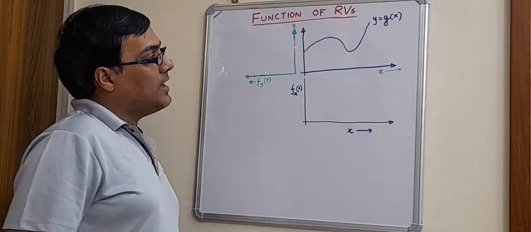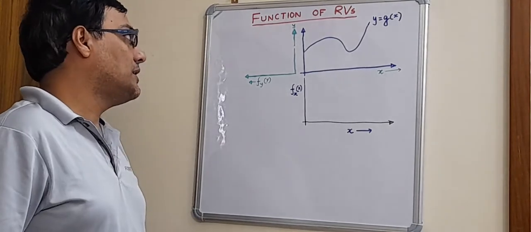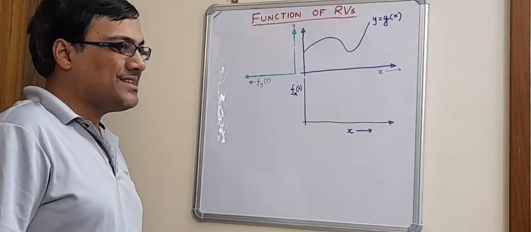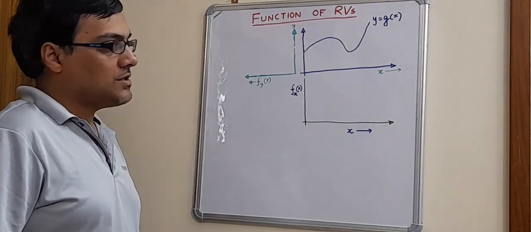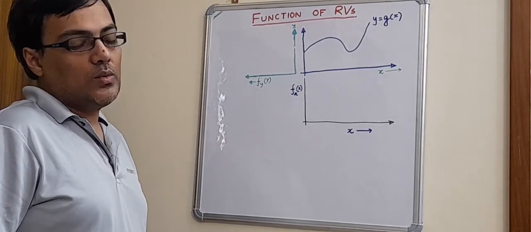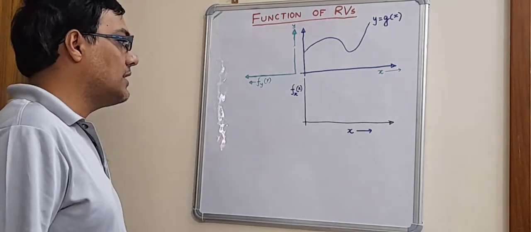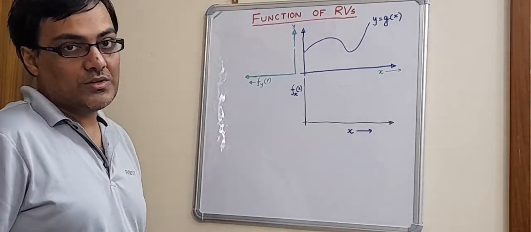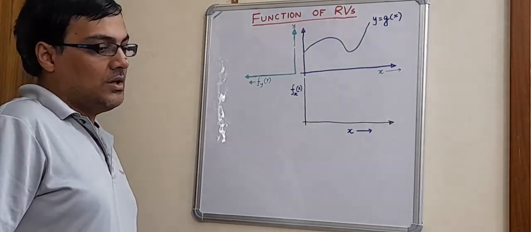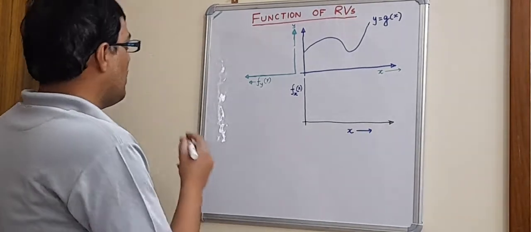Today we will study a very important concept which is called the function of random variables. So far we have taken a look at different random variables and some basic algebra of random variables. But what is of practical significance is how to deal with function of random variables, because the bulk of the course will actually deal with this, right? You are not going to deal with the random variable straight away, but maybe an affine function of the random variable. So the question that we ask is, if I know